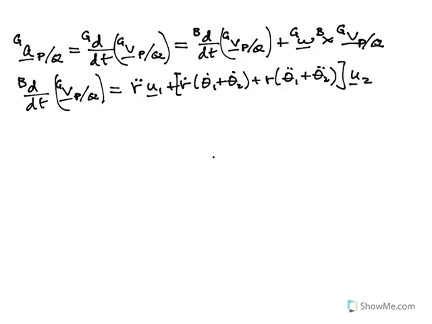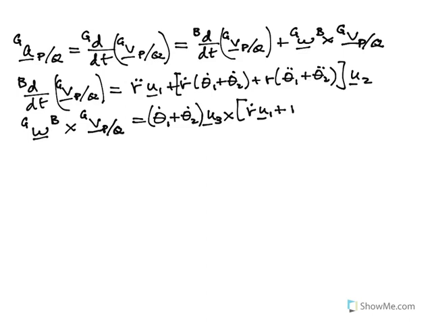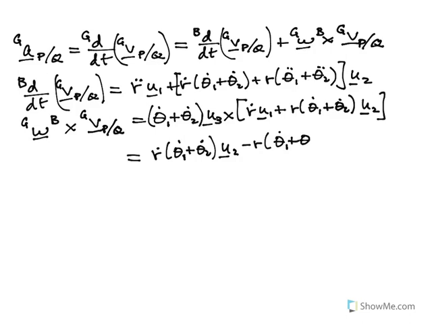times U2. And then the next part of this, the angular velocity of B in G, crossed with the velocity of P relative to Q in G, is equal to theta 1 dot plus theta 2 dot U3 crossed with r dot u1 plus r times theta 1 dot plus theta 2 dot times u2, which is equal to, and now we go through the process again of the cross products. We wind up with r dot times theta 1 dot plus theta 2 dot times u2 minus r times theta 1 dot plus theta 2 dot squared times u1,